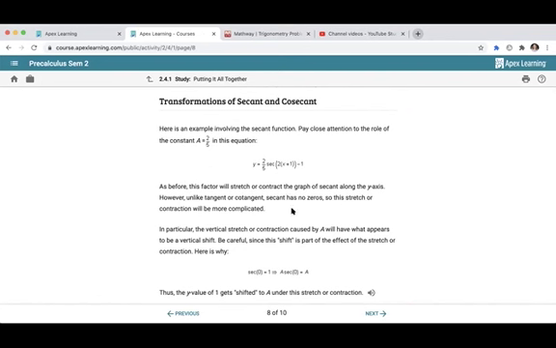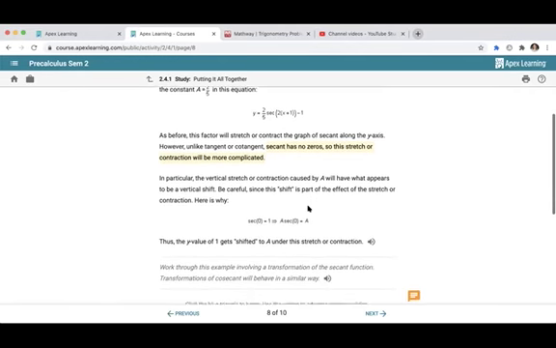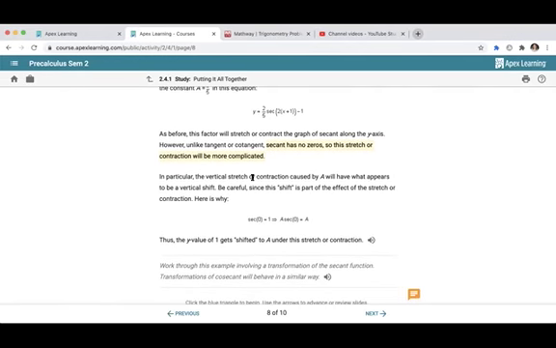Unlike tangent and cotangent, though, secant has no zeros. Secant has no zeros, so the stretch or contraction might be a little bit more difficult, okay? So, for example, here, in particular, the vertical stretch or contraction caused by A will have what appears to be a vertical shift. But be careful that the shift is part of the stretch or contraction, because if we look